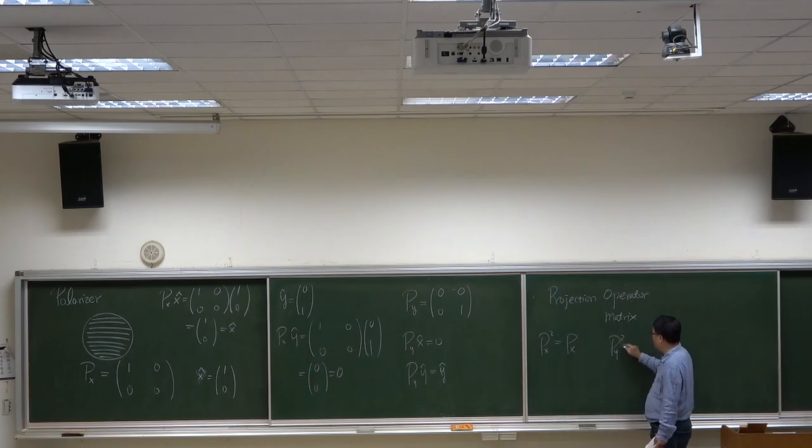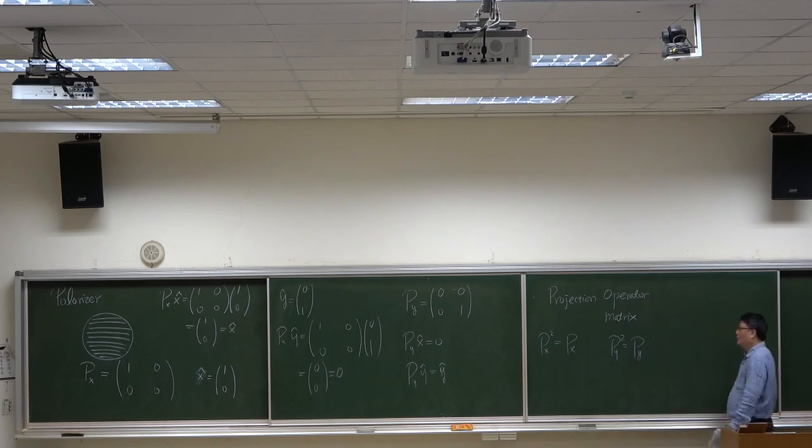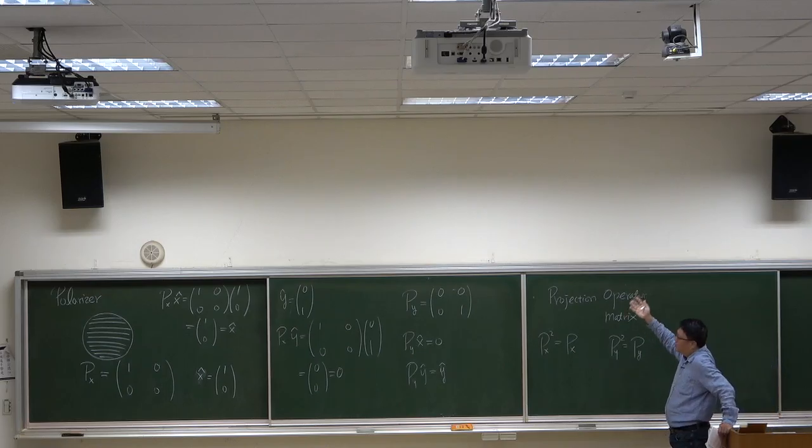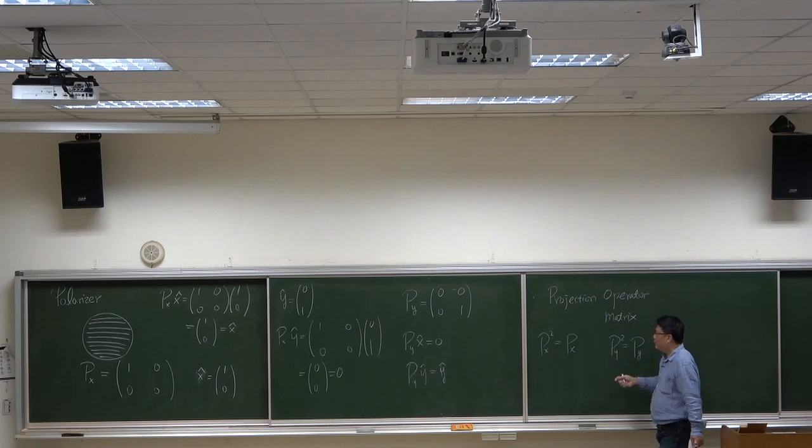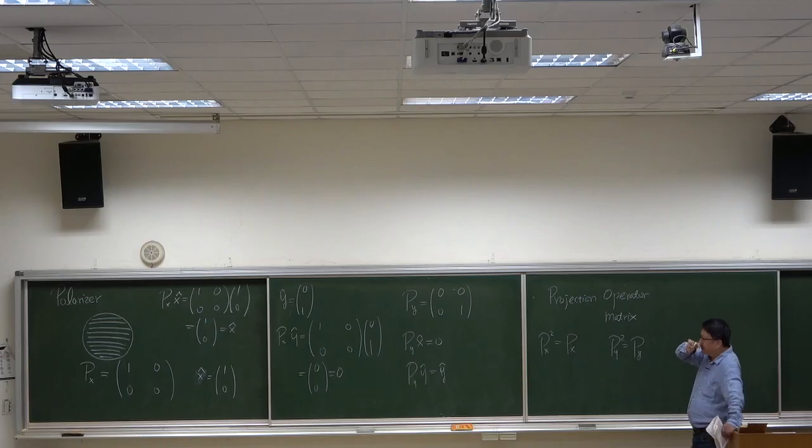Py squared is equal to py. 好，它平方之后跟没有平方是一样的，因为你已经 project 之后，你原来有一个光经过 project，只留了一个分量，对不对？然后你在同样的方向上再 project 一次，结果跟第一次 project 出来的结果是一模一样的，所以平方会跟一次的是一样的。